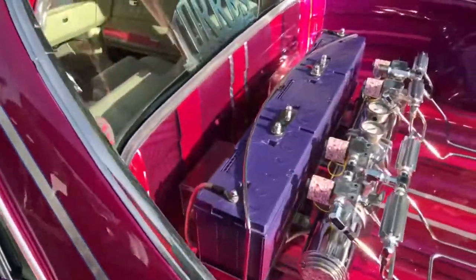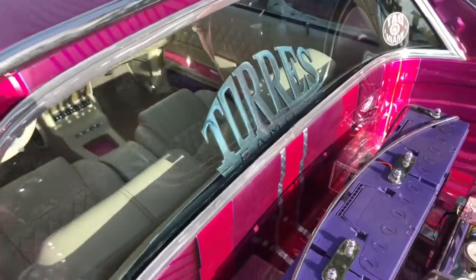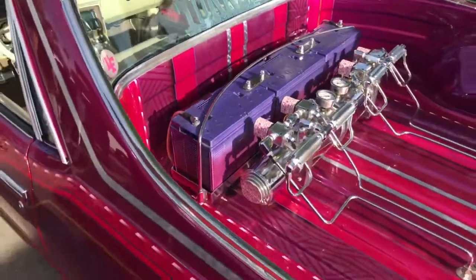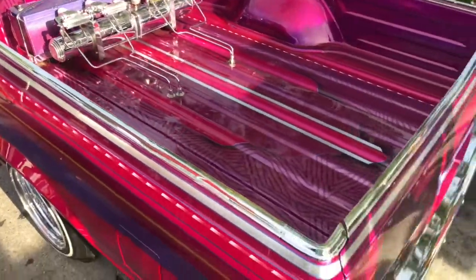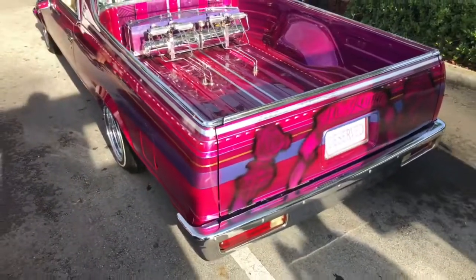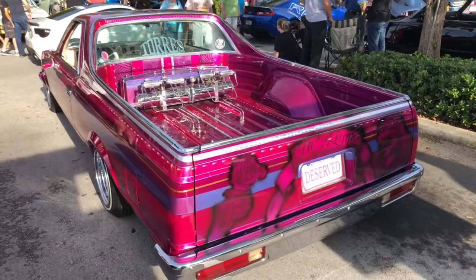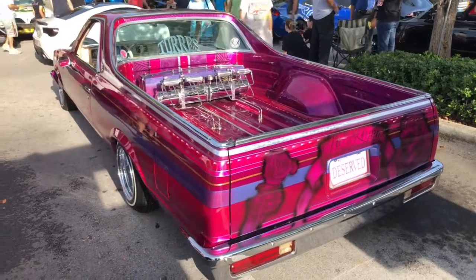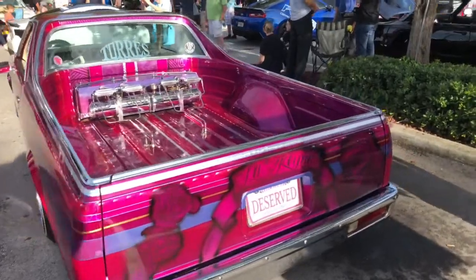You got your hydros back here and your batteries. You've got the Torres family name there. I don't know them personally or anything. And it's got hydros, and it's a fantastic, fantastic vehicle. And I'm really glad to see it out here. I know that Miami probably has the largest lowrider community in the southeast United States. So this thing is wicked. Come over here,